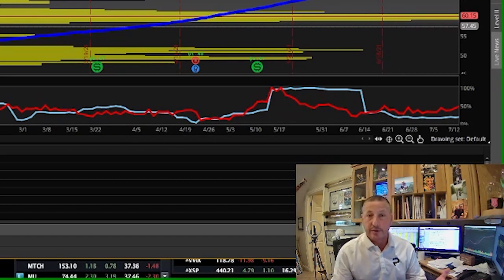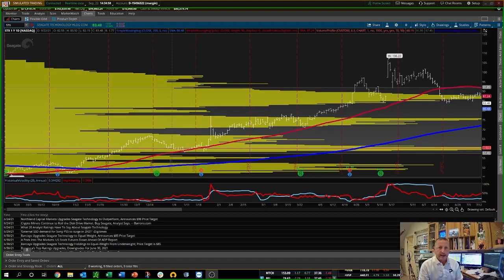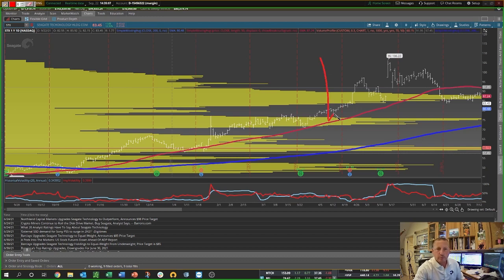I want to go through a quick video here on how we use some of the indicators that we use to help us determine when to put out a trade signal. Some of the favorite indicators that I use are the red and the blue lines that you see on the screen here. And let me get my drawing pen. This red line right here, that's the 50-day moving average. This blue line is the 200-day moving average.